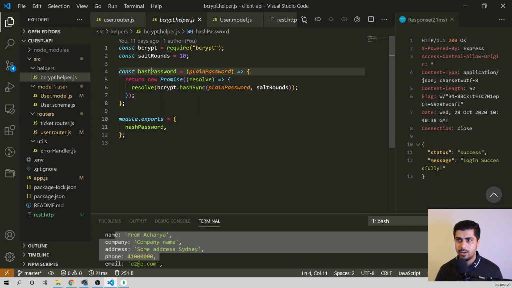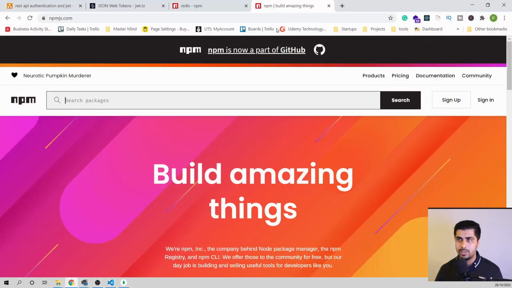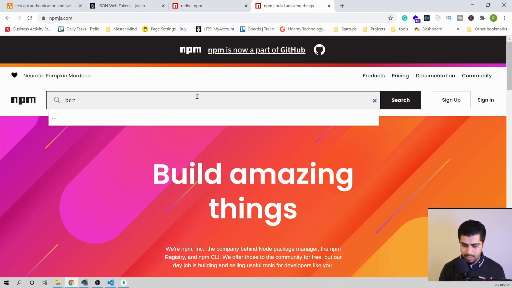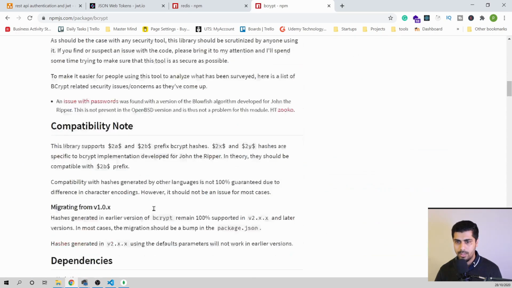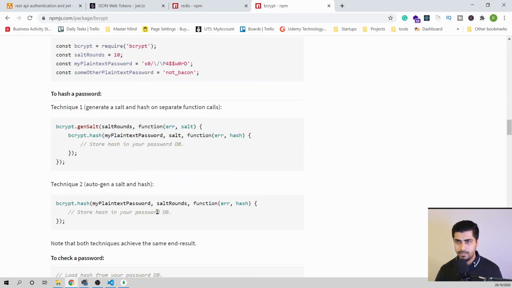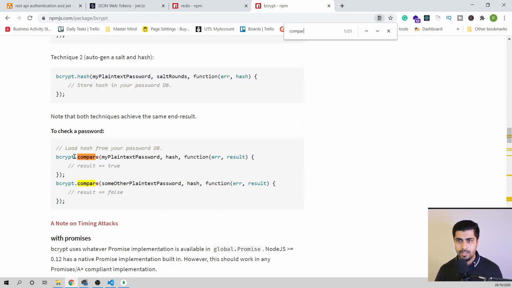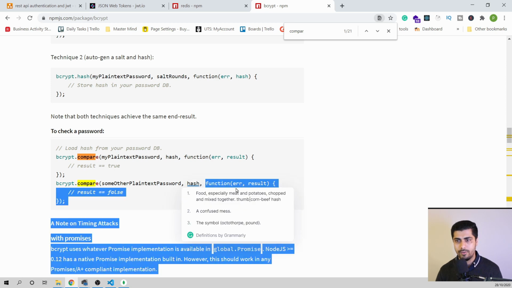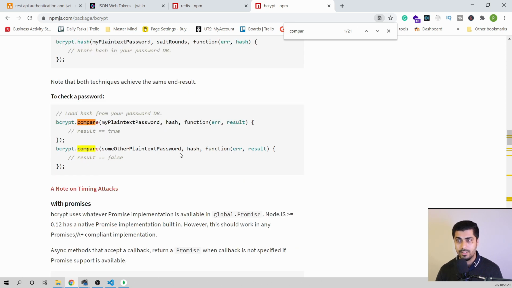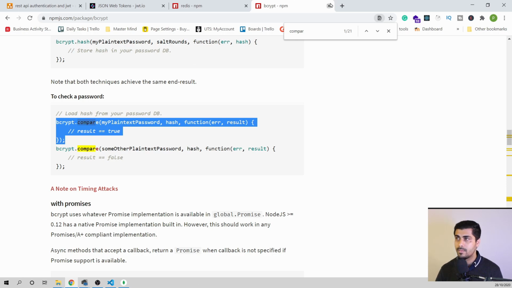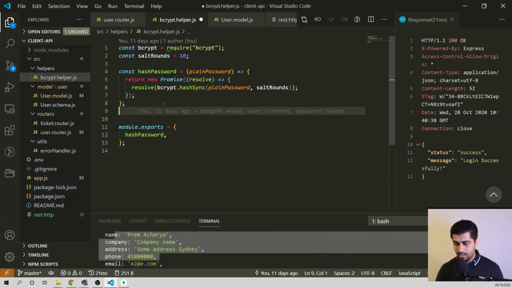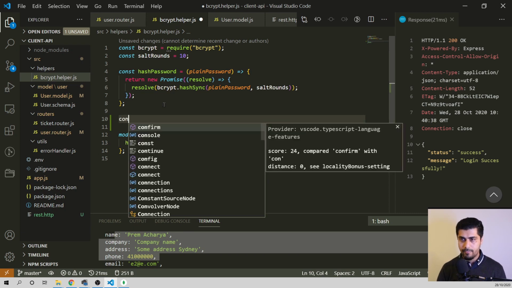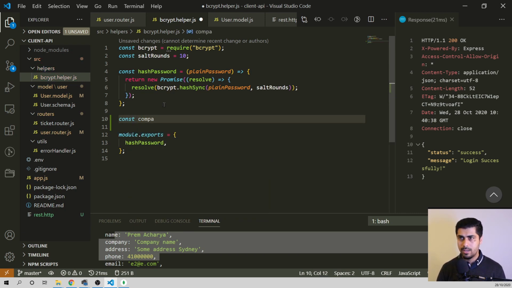In here there is something called, let me quickly go and show you in the bcrypt docs, to compare the password. This one, it's saying you simply do bcrypt.compare, provide the plain password and the hash password and the function. It will give us true or false. So let's simply copy that and let's create another function in the bcrypt.helper file called const compare